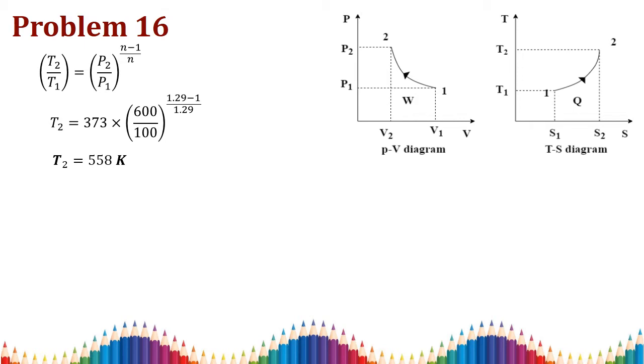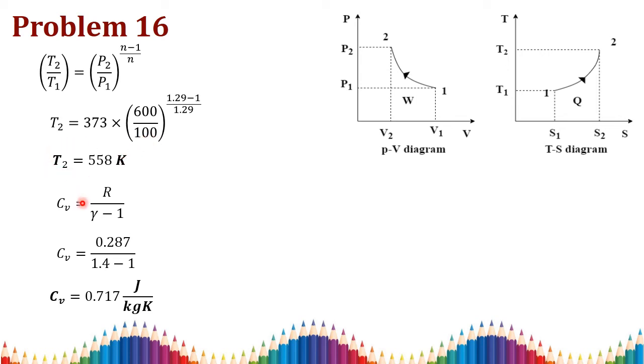The next one we need to find is internal energy, so we need to find T2 and Cv. For that your PVT relation is T2 by T1 which is equal to P2 by P1 whole to the power of N minus 1 by N, which is equal to V1 by V2 whole to the power of N minus 1. With that equation I am considering only temperature and pressure, because we know all the pressure relations and also the initial temperature and your polytropic index value. Substituting all the values, we will get T2 as 558 Kelvin.